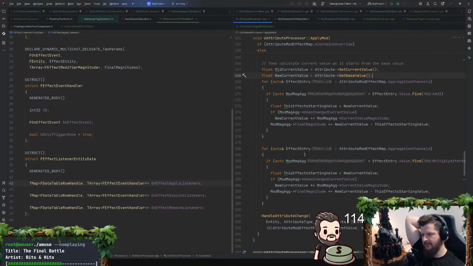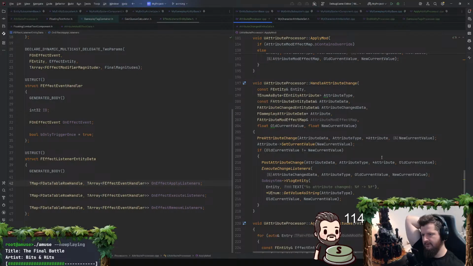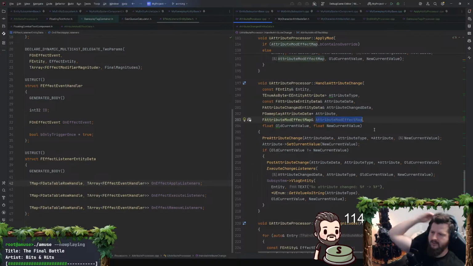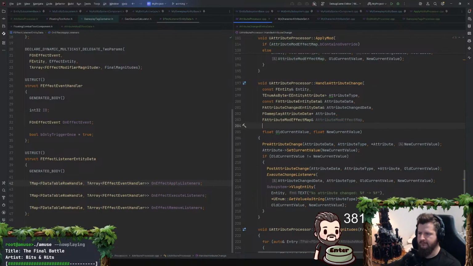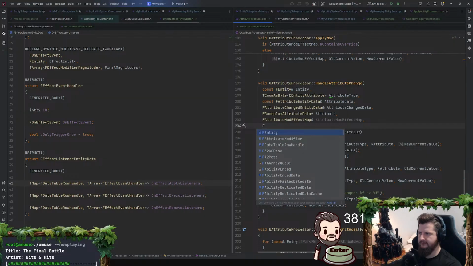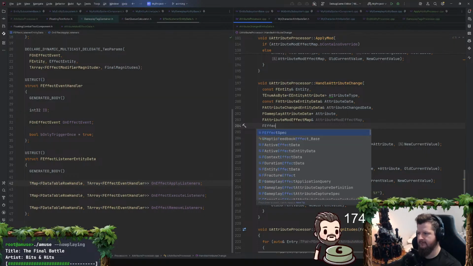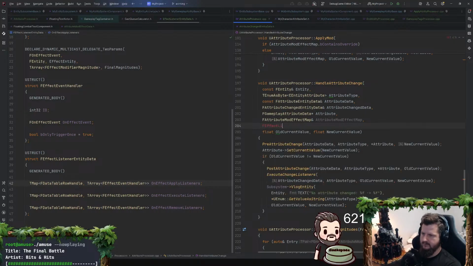Back to the attribute processor in handle attribute change. If an attribute has changed, I need to iterate over these. I need to grab the F... What am I calling it? Effect listener. Listener entity data.